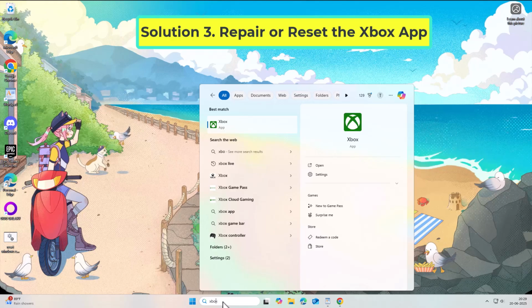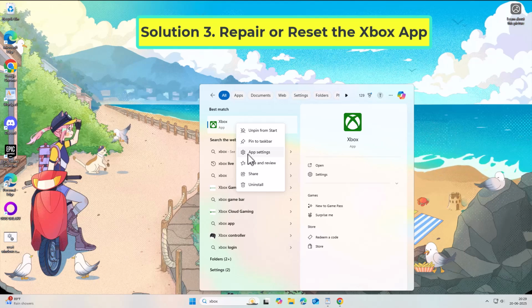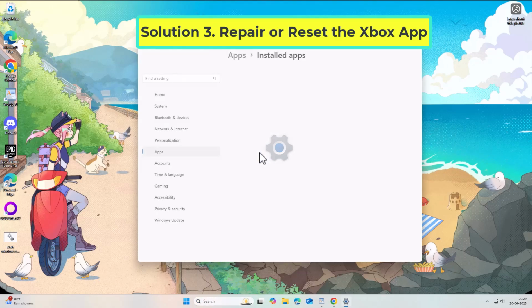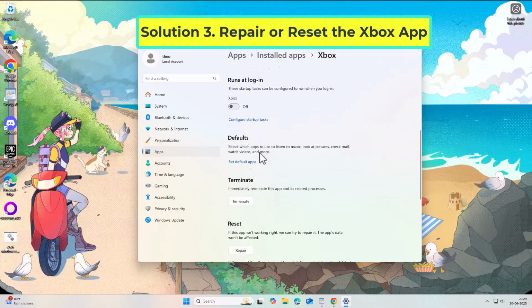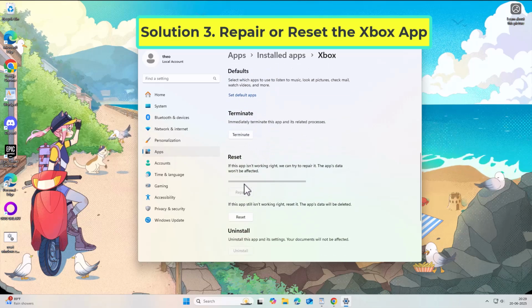Solution 3. Repair or reset the Xbox app. If the problem you're experiencing with the Xbox app is due to corruption, you can try repairing the app to fix the issue. To do this,